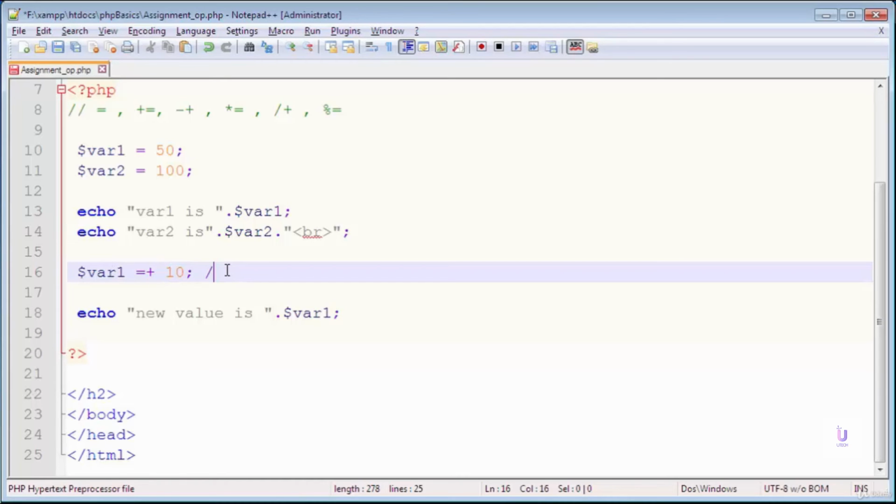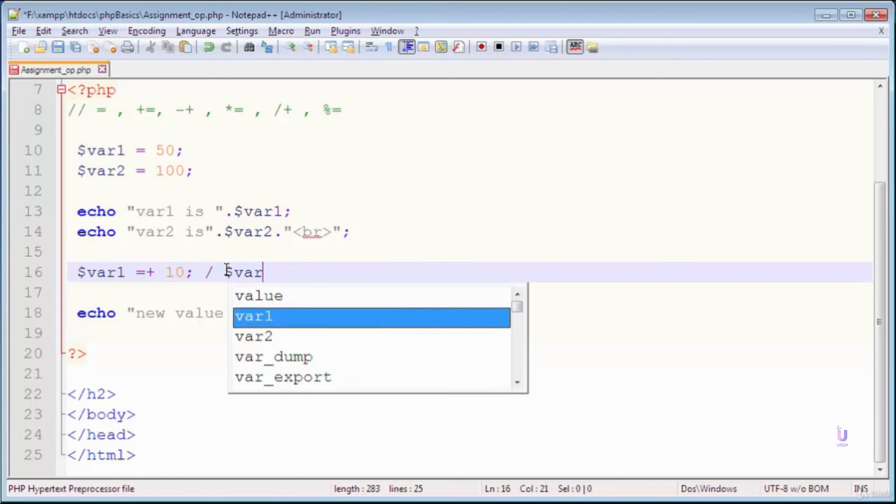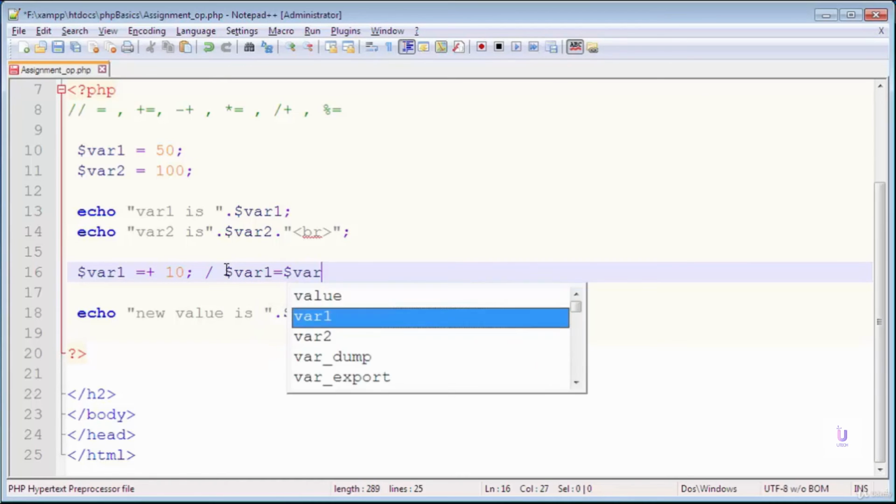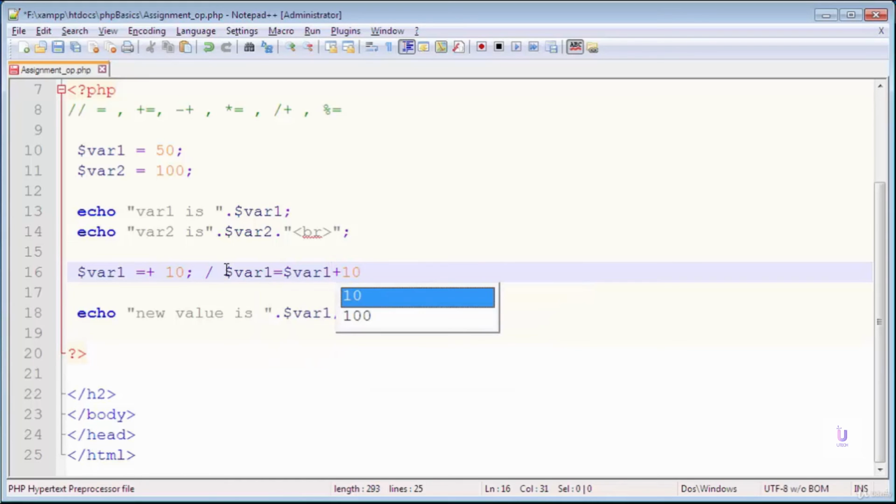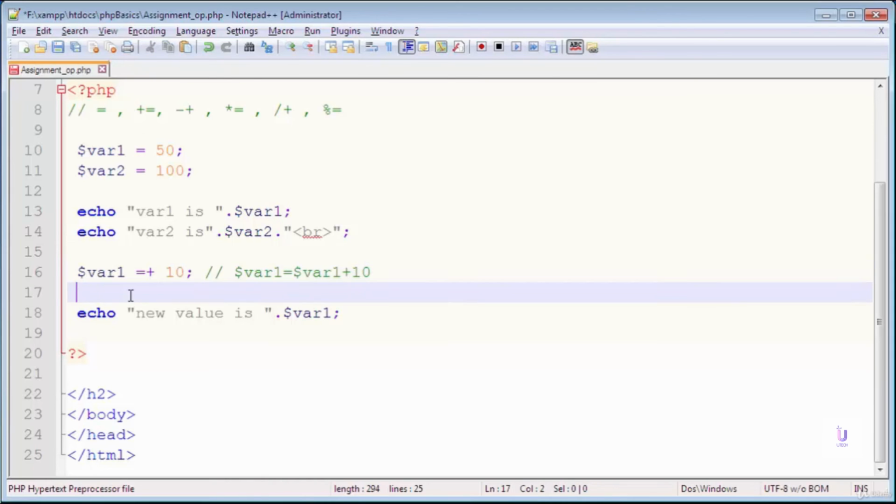It means that variable 1 is equal to variable 1 plus 10. So this statement is equivalent to the previous statement in PHP. This is the purpose of the compound assignment operator. Similarly, we can use minus equals, multiply equals, divide equals, and modulus equals operators on different variables in PHP.